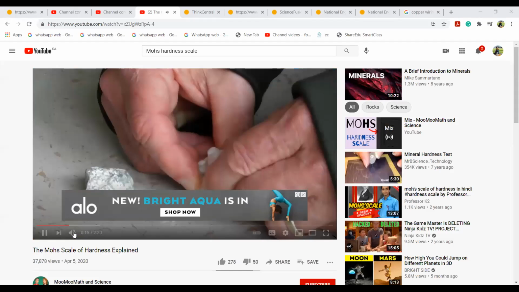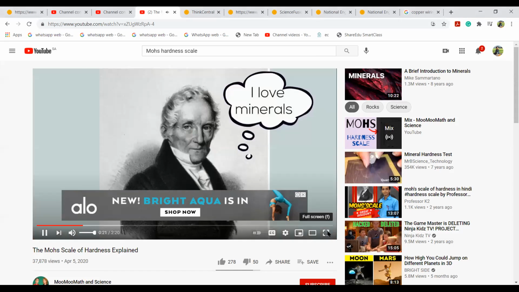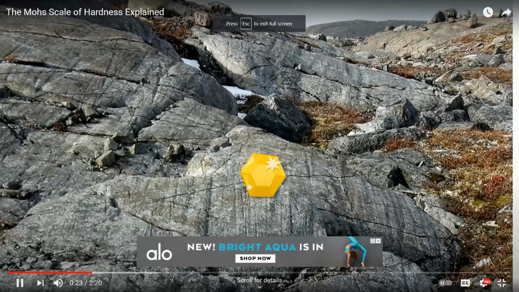The Mohs hardness scale was developed by a German mineralogist. Hardness is a measure of a mineral's ability to resist scratching. He selected 10 minerals of different hardness that range from a very soft mineral like talc